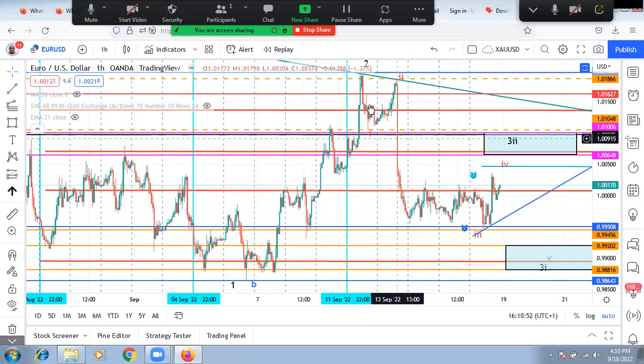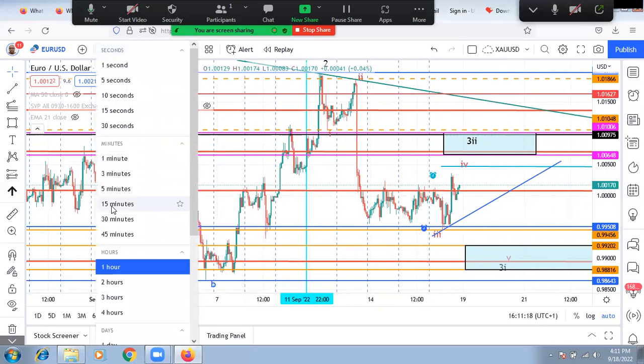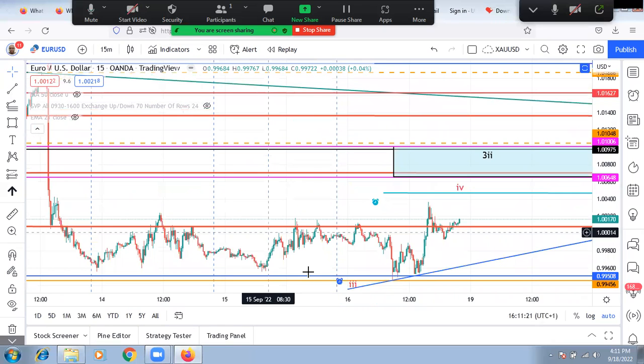Because we had seen in the lower time frame wave 1 and wave 2 clearly, and wave 3 in the making. But we have not seen wave 4. We need to see a wave 4 and a wave 5 to be sure that we have ended this. Now, if I go inside of 15 minutes, I want you to see something. This is a 15 minute chart